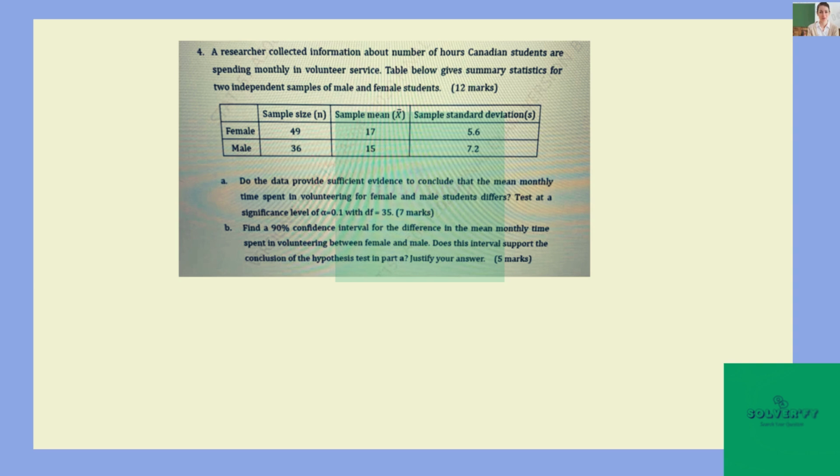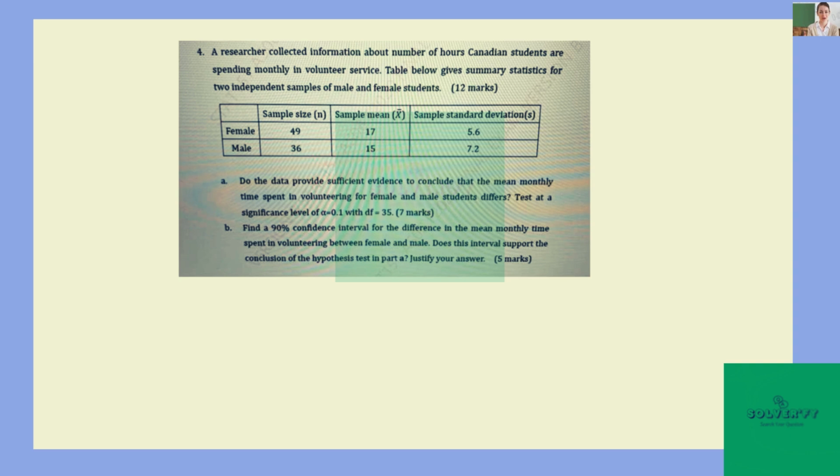It doesn't say what to round to, so I'll go out 2 decimal places. And degree of freedom is, again, 35. So sample size is 36. And then standard deviation is 5.6. So if I calculate that, we have